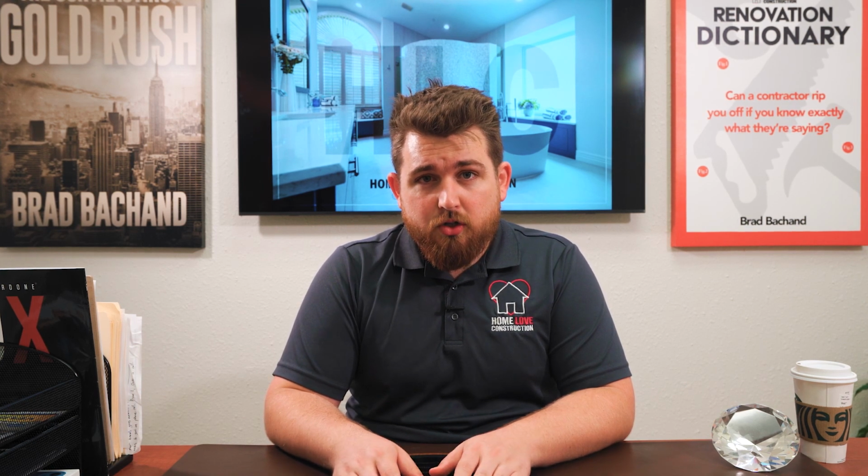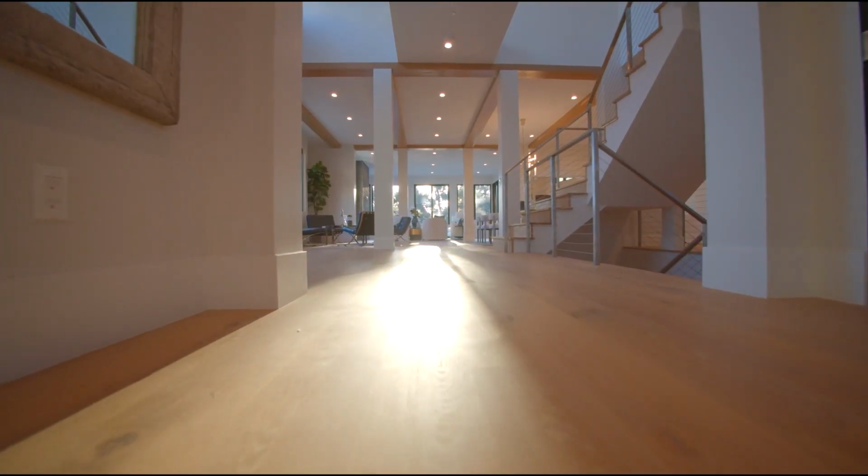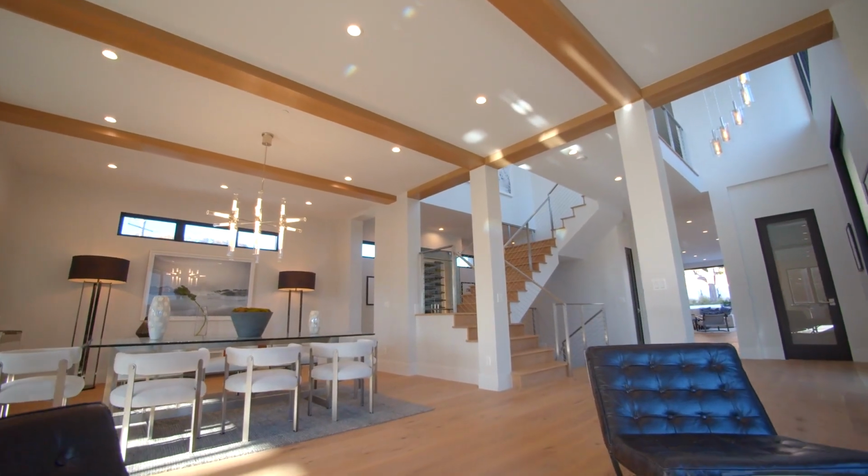Now, we got through the first step of what you have to have done in order to get an award, which is have a project completed with really good before and after pictures. You really want to start investing in your after pictures, by the way. If that's not something you're doing as a contractor, even if you have to hire out a photographer, like a real estate photographer is what I would recommend to get your final pictures done, pay for it. Pay however much you need to pay in order to get that done, because those are gold for you forever. The finished pictures of a project live forever and they make you money forever, because people will see, you know,